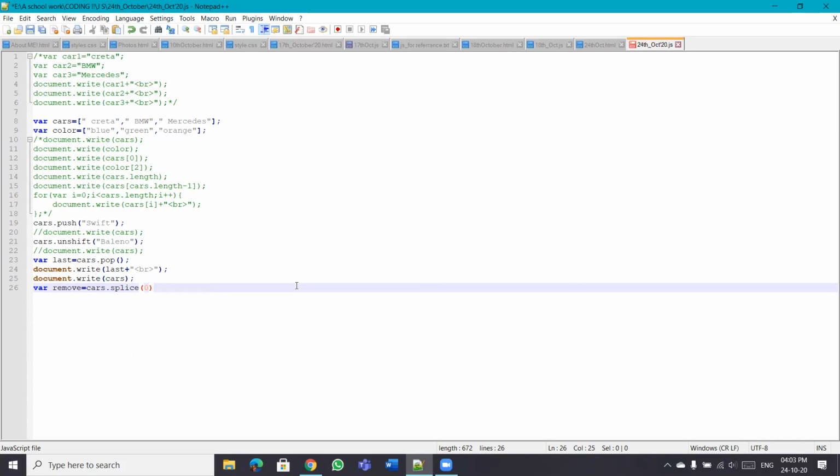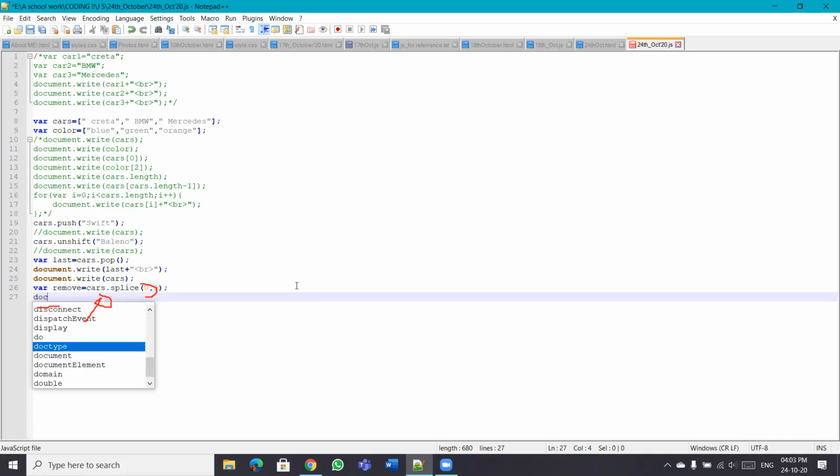The way it works, it takes the start index: go to this array, start from the 0th element and remove one. Now let's print this removed variable and see what gets removed.